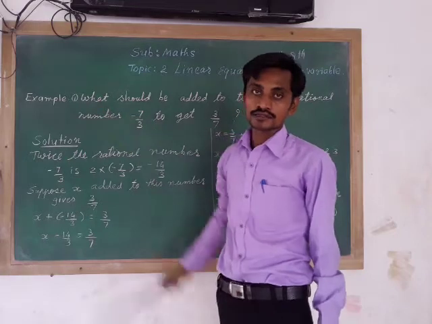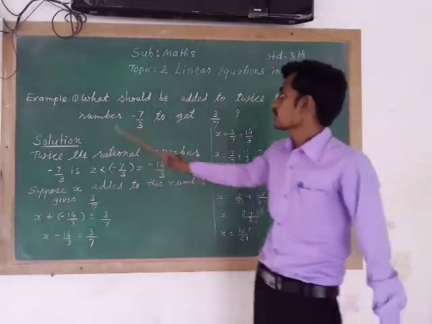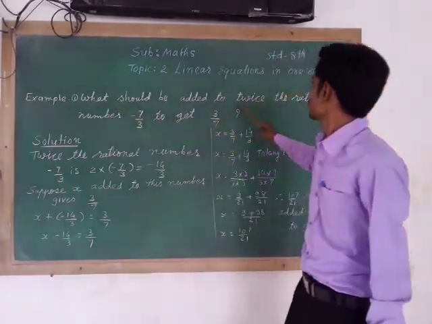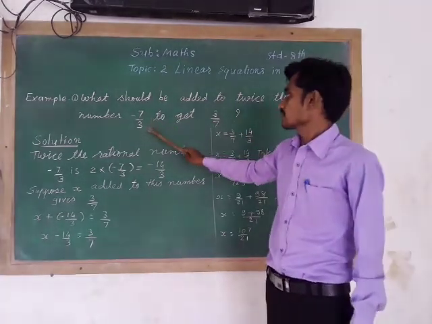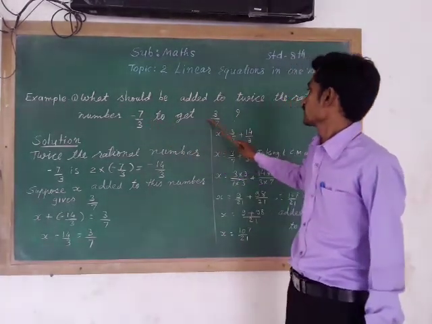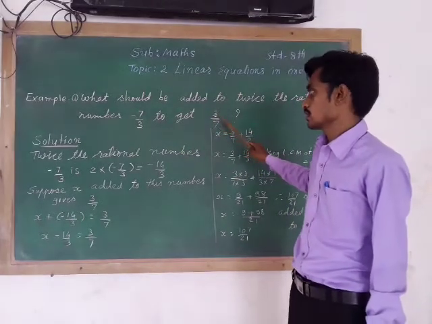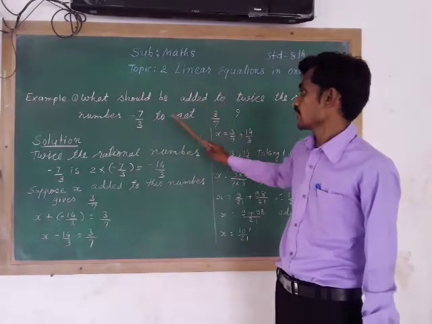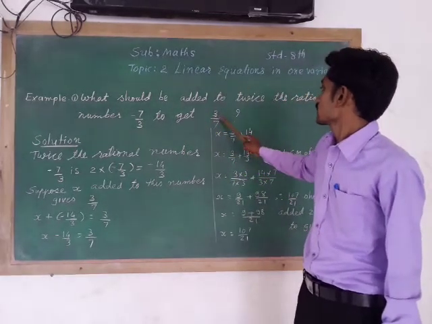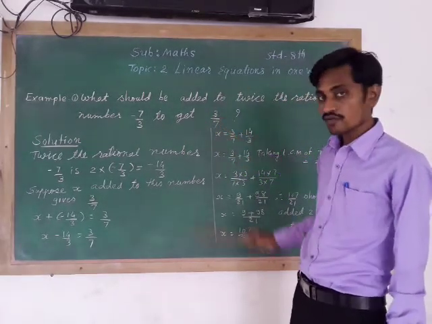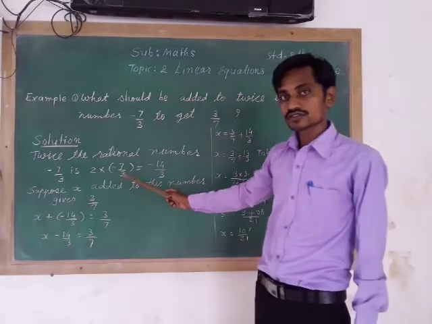Like word problems. Okay. Now here first example: what should be added to twice the rational number -7 by 3 to get 3 by 7? Now here the question is that we have to find the answer. Which number do we add to get this 3 by 7? Now how can we solve this? The solution is that